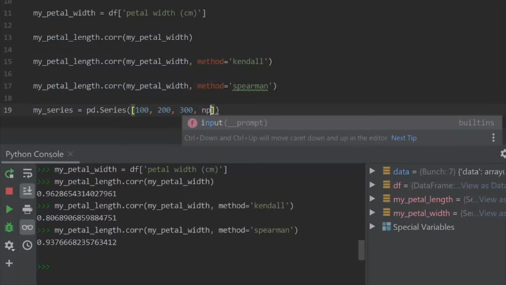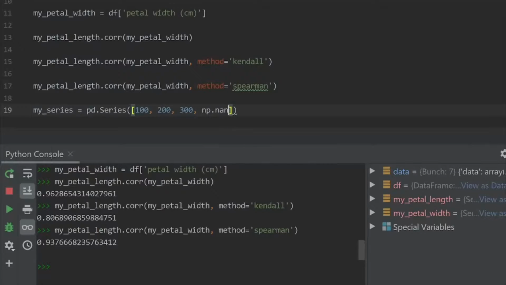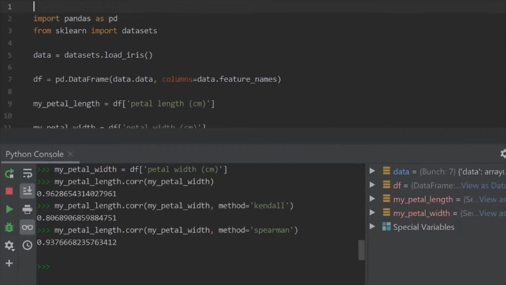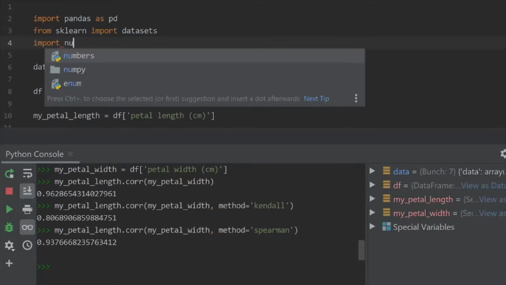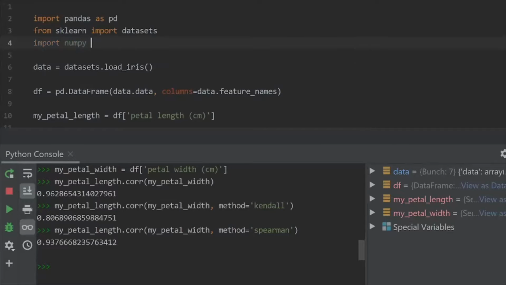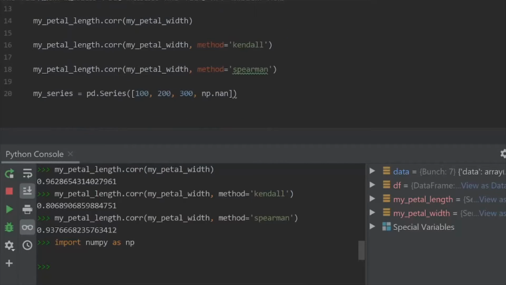I'm going to introduce a NaN value, so I'm going to take the help of NumPy. For this we need to import NumPy. The next step is we're going to import NumPy as np. Let's run this. As soon as we run this, now np.nan is available to us. Finally, I'll just mention 400.